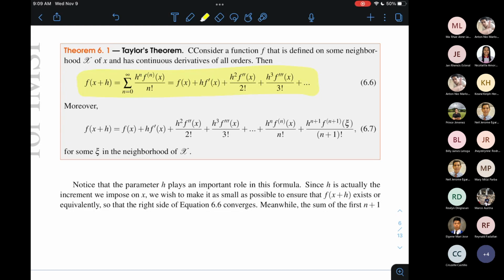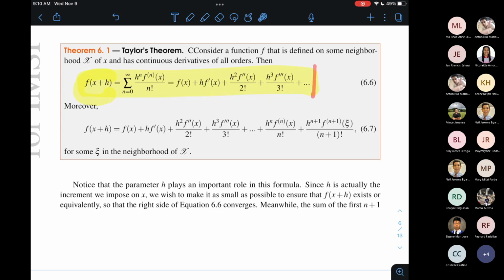And it's very powerful because kahit gaano ka-komplikado si f, yung value ni f of x plus h can be written as a series expansion, right? Actually, hindi lang function evaluation yung purpose ng Taylor series expansion, magagamit din natin siya sa pagkuha ng numerical differentiation formulas. All right? So just remember equation 6.6, right? And the nice thing about the Taylor series expansion, if the expansion converges, then you can just